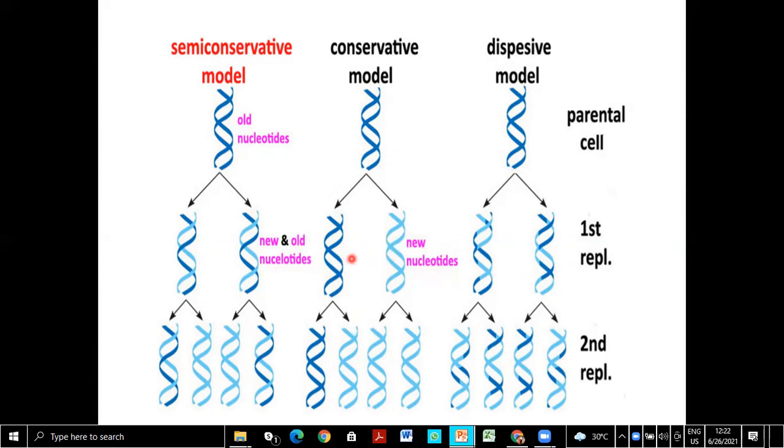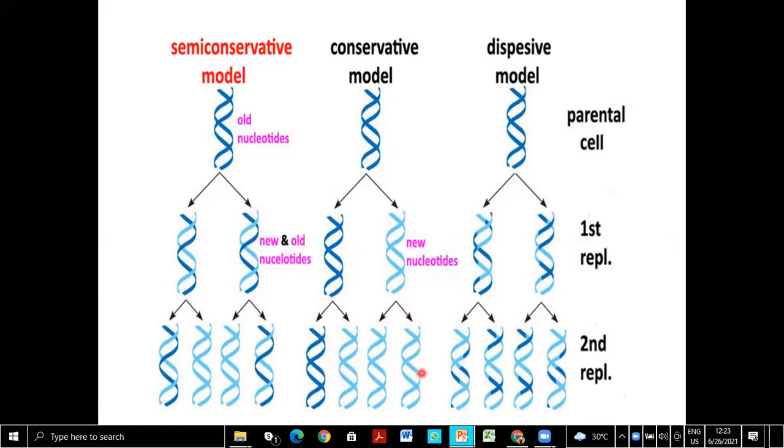Okay, this is the first generation, and the second generation. These will be separated, and then form the second replication also. Same thing, conservative: the parent strand is conserved and the new strands are, see, they both will synthesize the strand like this, and one is new and one is old. And from here, these also, now this is the parent, so they will synthesize both the strands, both the DNA like their own. Okay, I mean, both the parental strands come together and both the new strands will also come together.